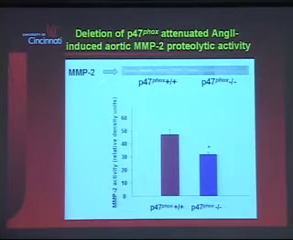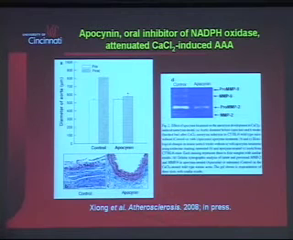And finally, we showed a reduction in MMP2 activity in the mice that were deficient in P47-phox. So together, these data strongly pointed towards a role for this particular enzyme, at least in the Ang2 infusion model. Now, very recently, I note that Tim Baxter's group has published a paper that's actually still in press, I believe,